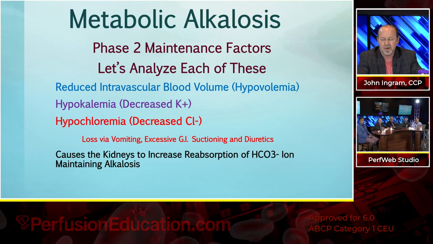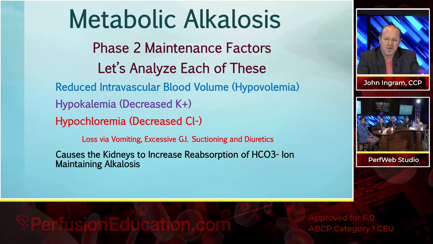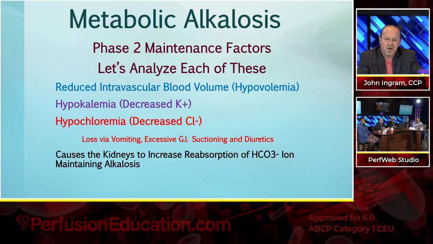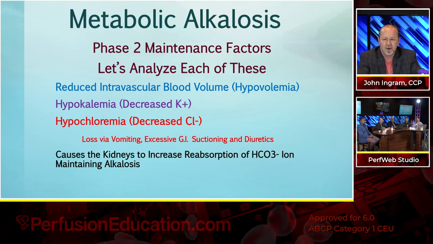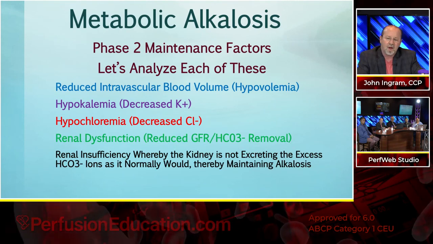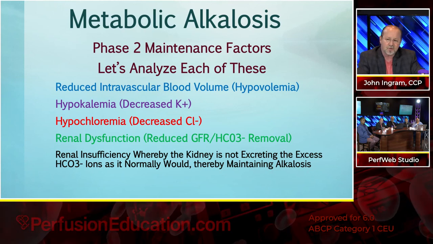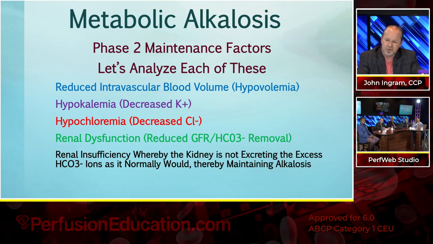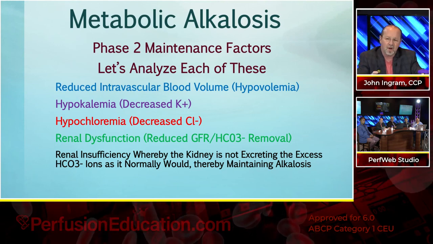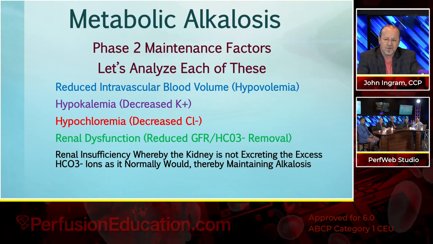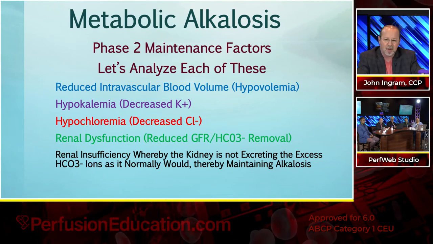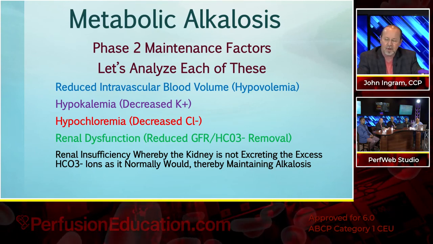Hypochloremia, which is generally a result of loss from vomiting, excessive GI suctioning, and some diuretics, causes the kidneys to increase their reabsorption of bicarbonate ion, maintaining alkalosis. When you have certain renal dysfunctions, not all, but certain ones, you have a reduced GFR, but in certain renal dysfunctions, you have reduced removal of the bicarbonate ion. So renal insufficiency, whereby the kidney is not excreting the excess bicarbonate ions as it normally would,